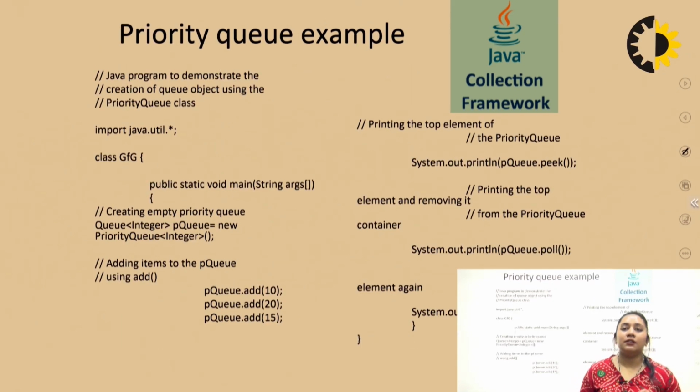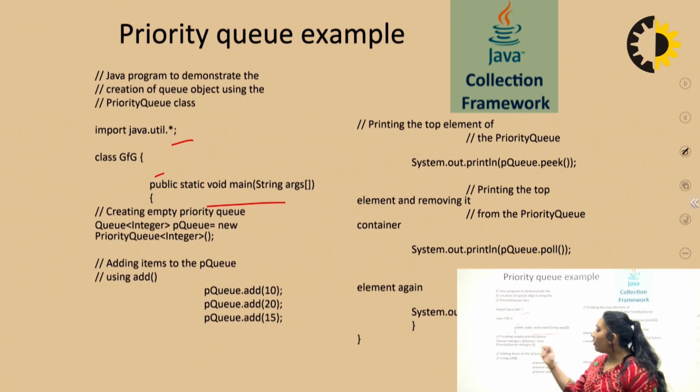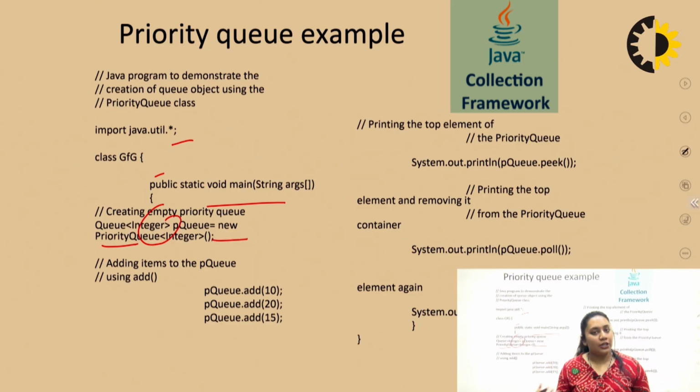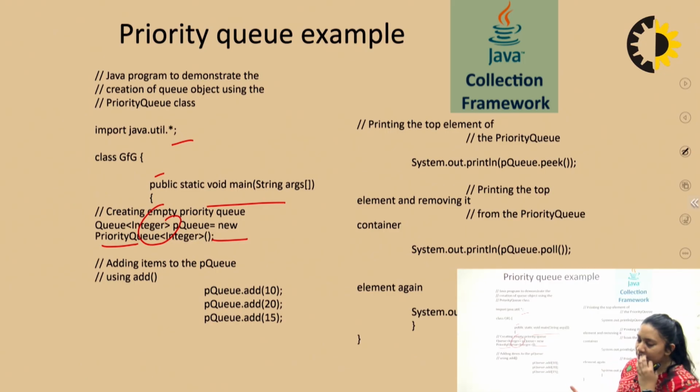Next, we have the program. Again, you need to import the util package, then create the class. After creating the class, in the main method, you need to declare the priority queue. The priority queue can be declared with the help of the type of the data. You need to mention the new creation of the priority queue, right? The object is created, and in this new object, you need to add the elements. While giving the add command, you just give the